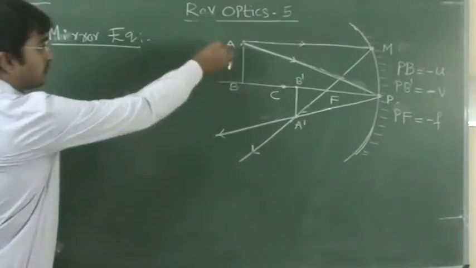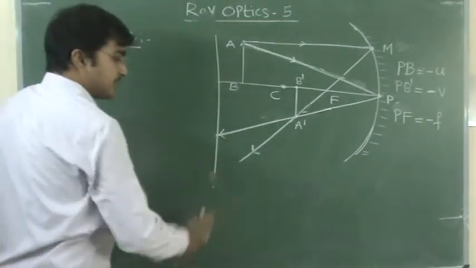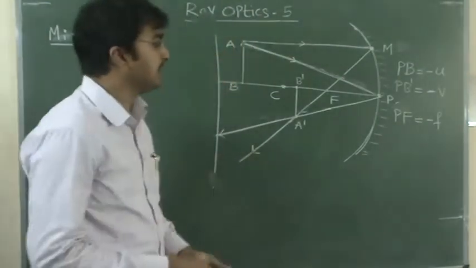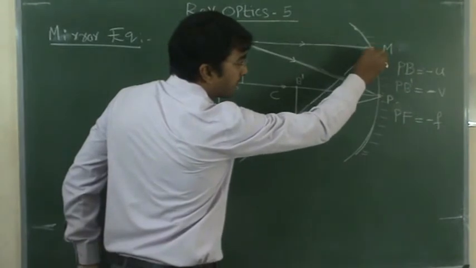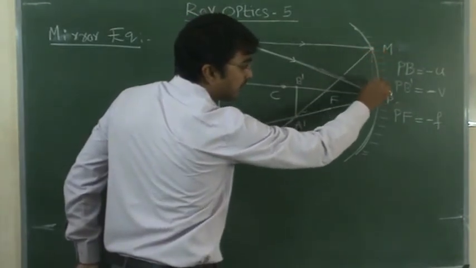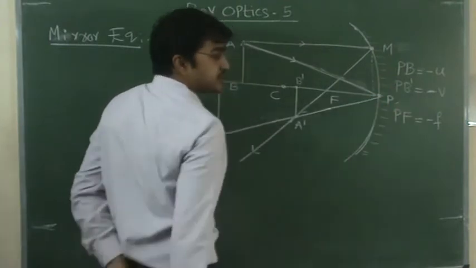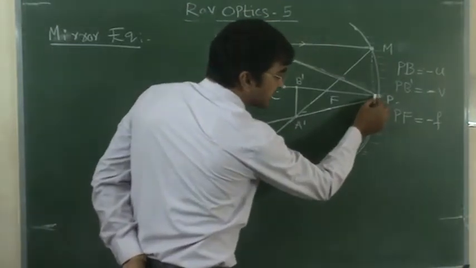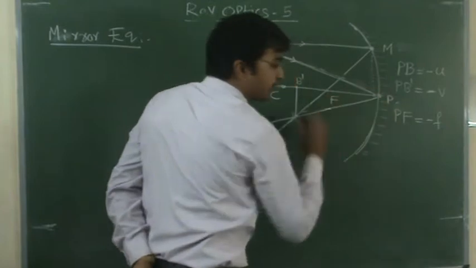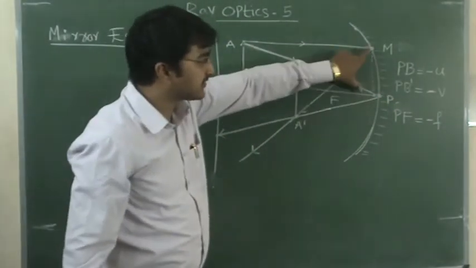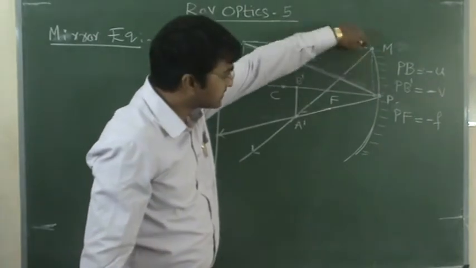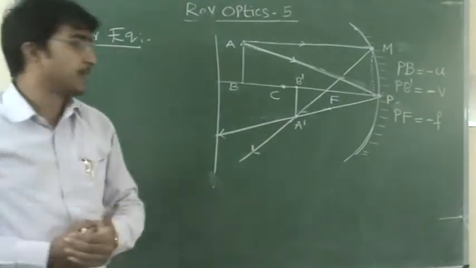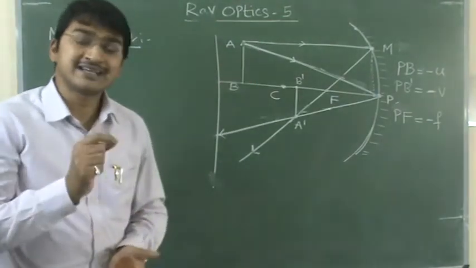Now the derivation. While going into the derivation, I am taking similar triangles. First of all, draw a normal from M to the principal axis. The intersecting point is almost nearer to P, so instead of the normal you can take MP. This side of the triangle we can take as MP. Now here we will take two triangles which are similar to each other.